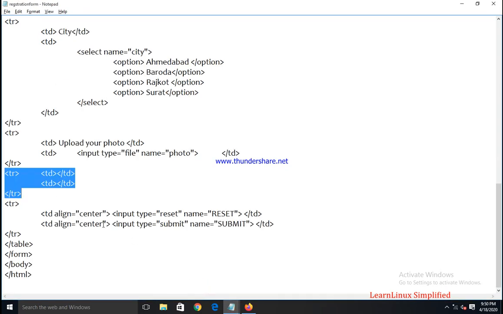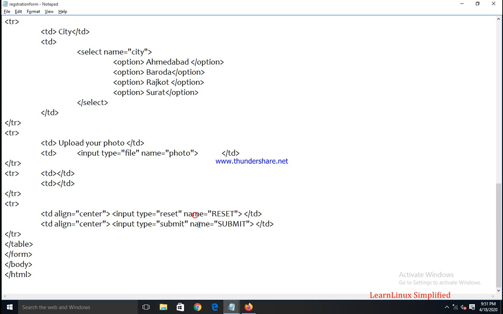Next, the reset and submit button. In my previous video, we have already seen that reset and submit are the two special buttons for which we do not require any kind of coding. How will it work? We have to simply type input type is equal to reset, name is equal to reset, input type is equal to submit, name is equal to submit, and the form will be created. Now here the most important thing is the name attribute must be specified.